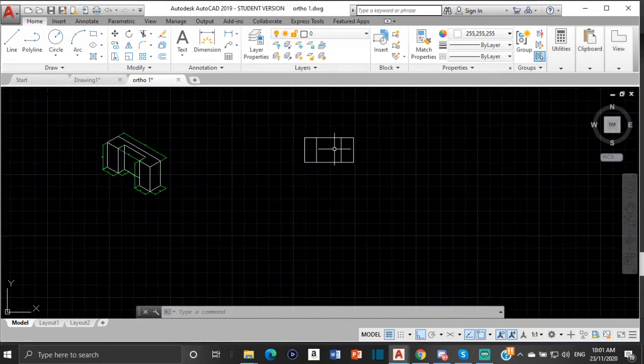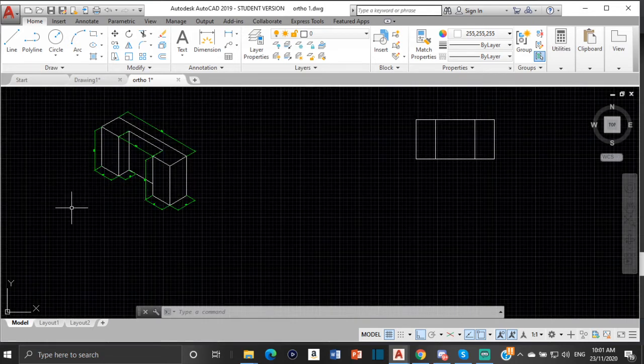All right, so that's my front elevation. That's what I would see when I'm looking from the front of this drawing right here. Now, with that done, I can start my